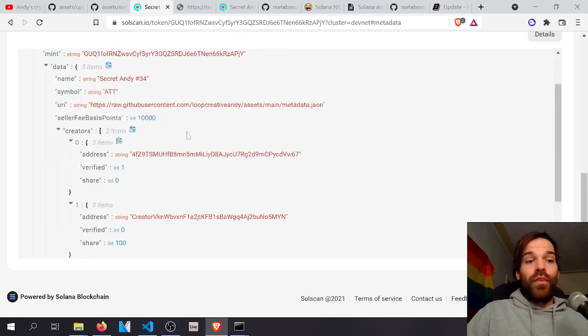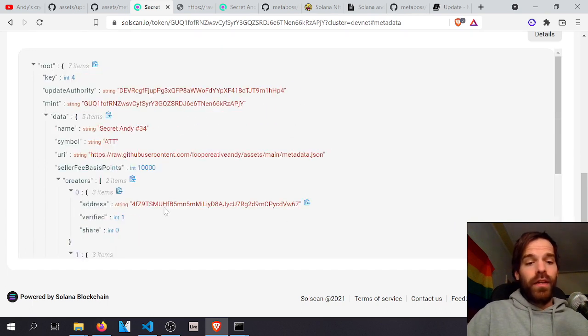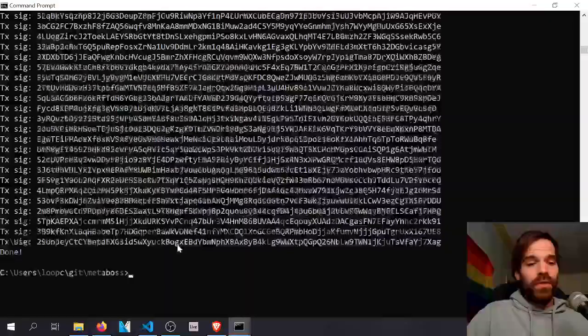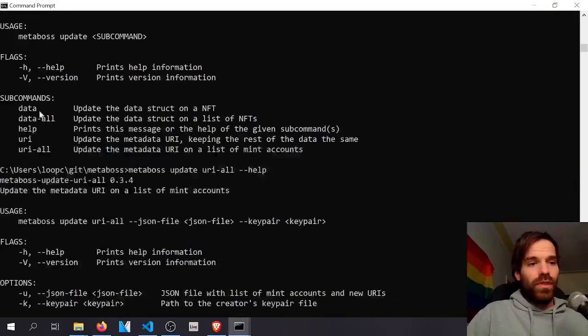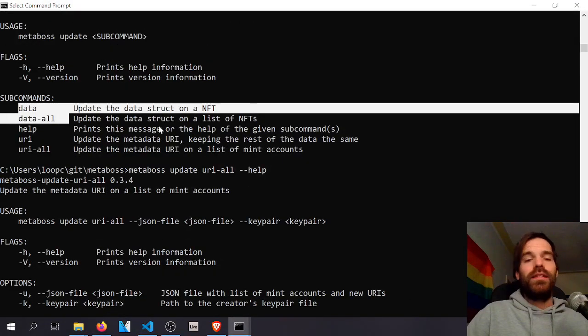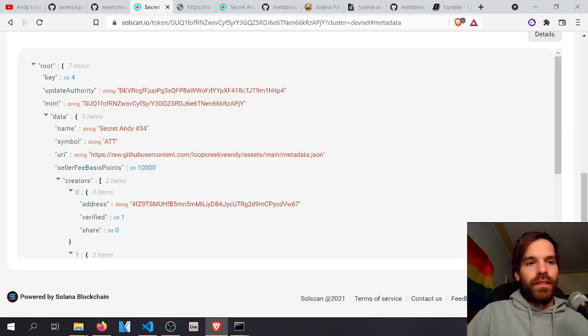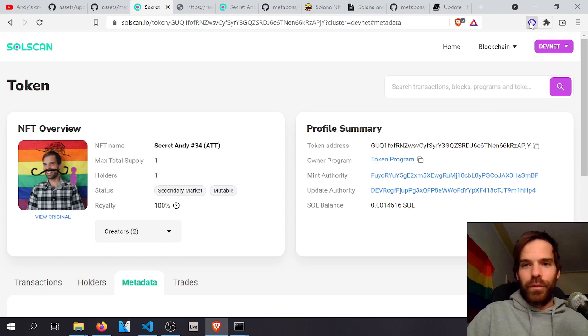Yeah. If you want to also update creators and everything, Metaboss can also do that. So just look up the update data command. It's pretty similar. And lastly, speaking of revealing,